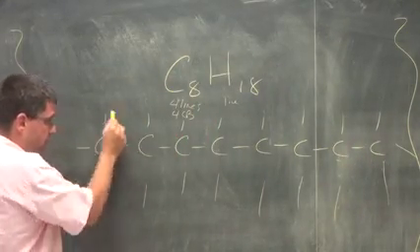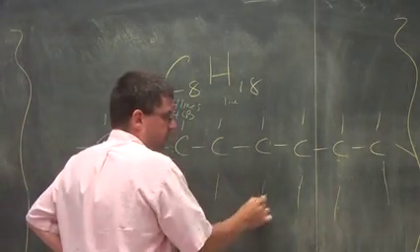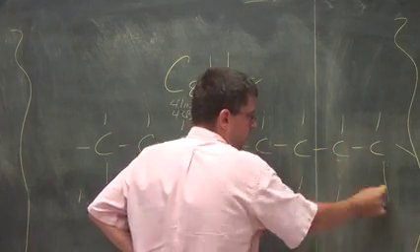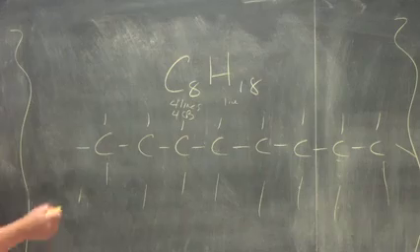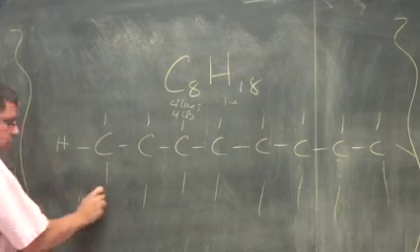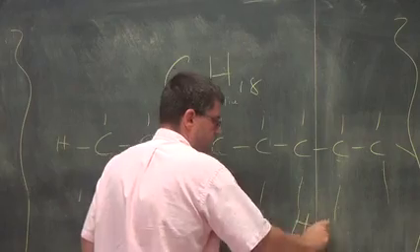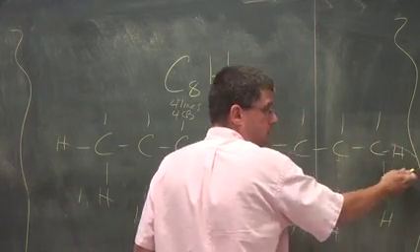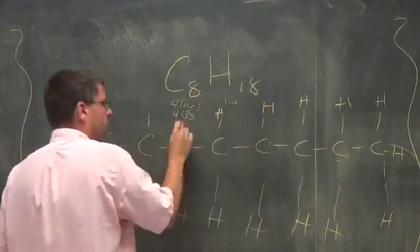I'm sorry. 2, 4, 6, 8. 2, 4, 6, 8 for each carbon. Well, how many hydrogens do we need to draw? Watch this. 1, 2, 3, 4, 5, 6, 7, 8, 9, 10, 11, 12, 13, 14, 15,